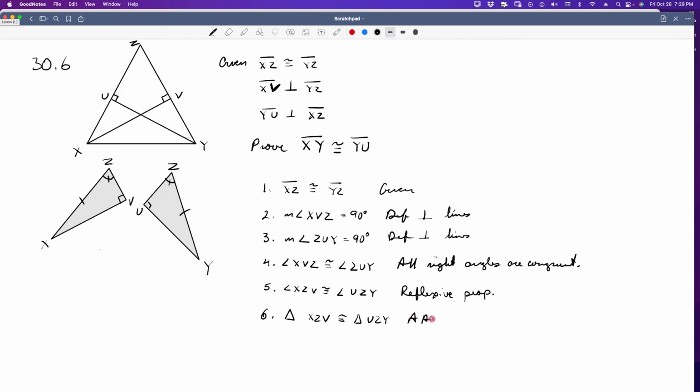Angle, side, congruency postulate. So angle, side. So that allows me to say then that